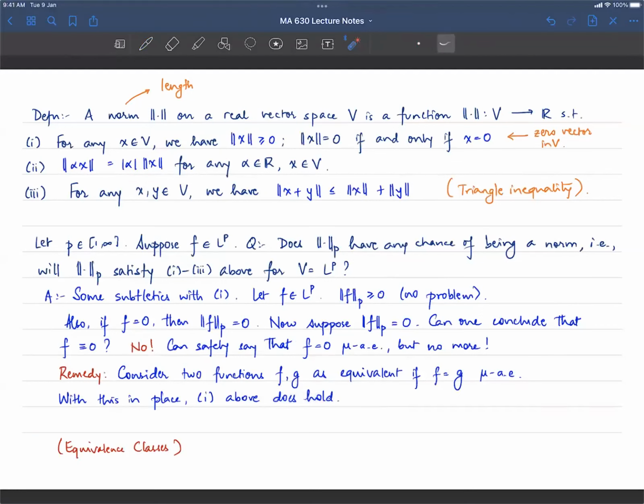All right, so now the goal is to kind of work our way up to the third property, and along the way, we also want to look at some important inequalities. Any questions so far?